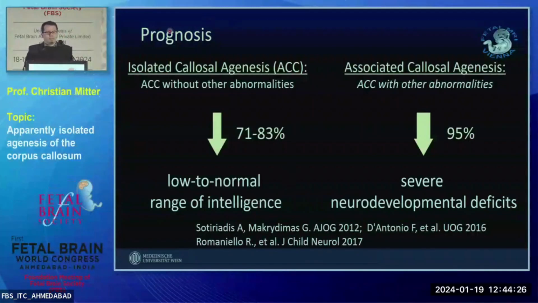The problem is that not every one of the isolated callosal agenesis cases will do well. There is a substantial proportion of cases with various degrees of impairment in language function, cognitive function, and motor function. Also, studies vary according to what percentage have a bad outcome and a good outcome in the isolated callosal agenesis cases, because different studies use different criteria on what subtle abnormalities might still be included in the isolated cohort, in contrast to the associated cohort.